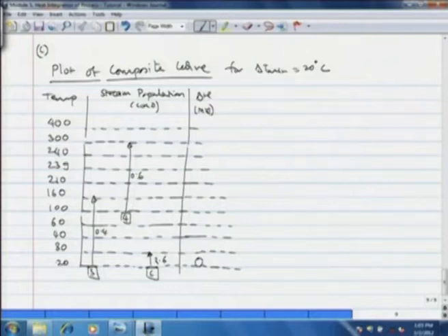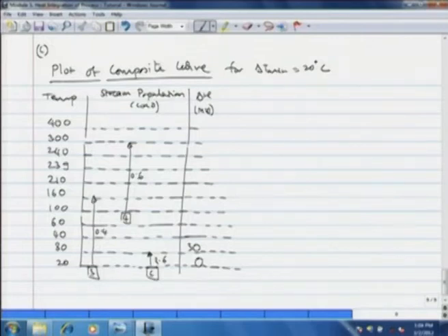So between 20 and 30 we have two streams, the third stream and cold utility, and together they have a heat capacity of 2.6 plus 0.4, that is 3 megawatt per degree centigrade, and the temperature interval is 10 degrees. So at 30 degrees we have the net total composite enthalpy of cold streams as 30 megawatt.